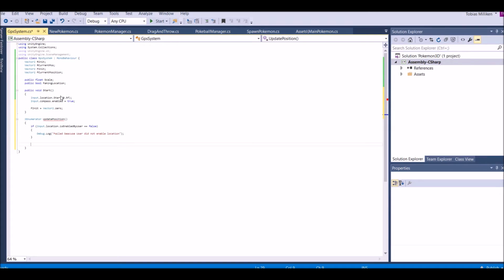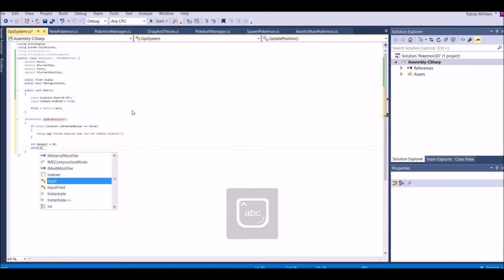And after that, we're going to say int max wait. So basically, why are we saying this? Why do we even need this variable here? This is how long we're going to wait to get the location. So if it is on, how long are we going to wait to see if it's on? If it's on, but we just don't have internet, or we don't have Wi-Fi or something like that, then it's obviously not going to work. So we're going to wait 20 seconds, and if it's still not on by the time that 20 seconds is over, then just fail. So we're going to say while